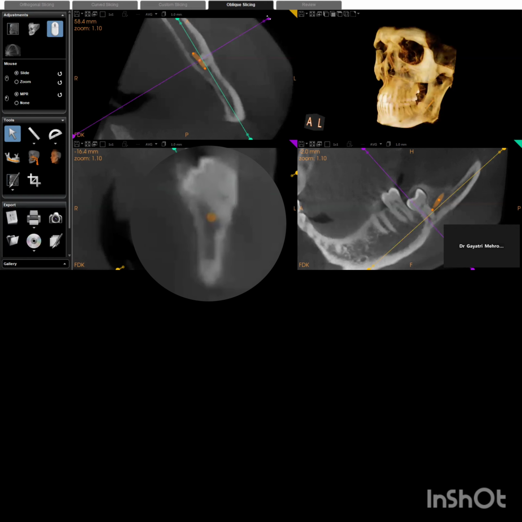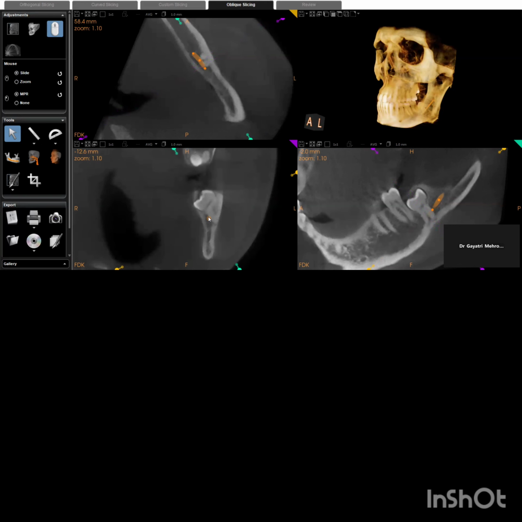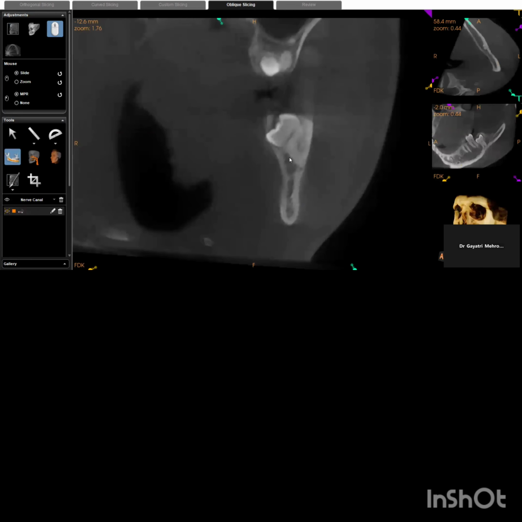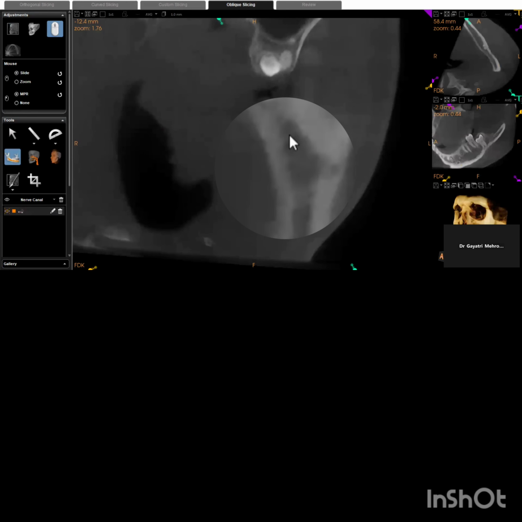Now, if I talk about the first root, you can see the canal border is here. There is no compression. It's in direct contact, but no compression. And if I move here, then what is happening? See, this is my diameter. I will hide this canal and zoom it for you. See my cursor. This is no more a circle. Can you see? It's slightly reduced. So I will call that the canal is mildly compressed adjacent to the distolingual root.